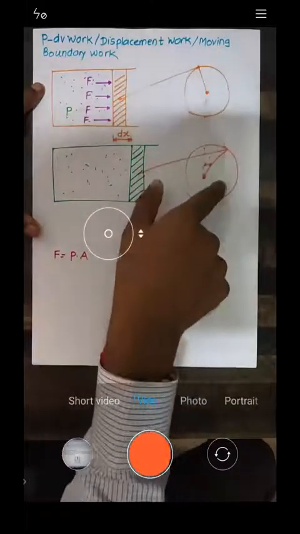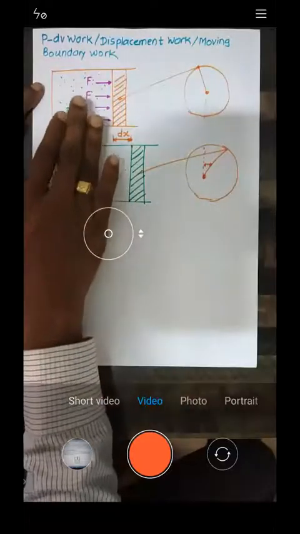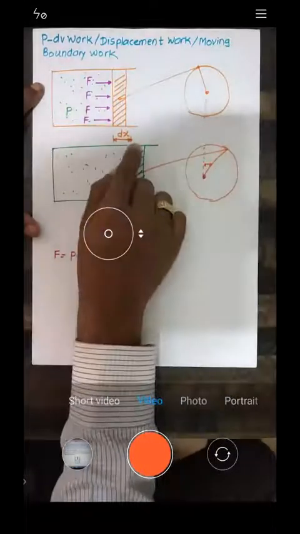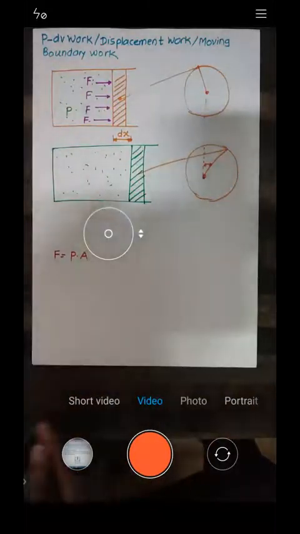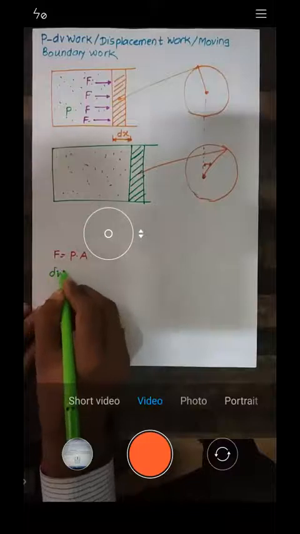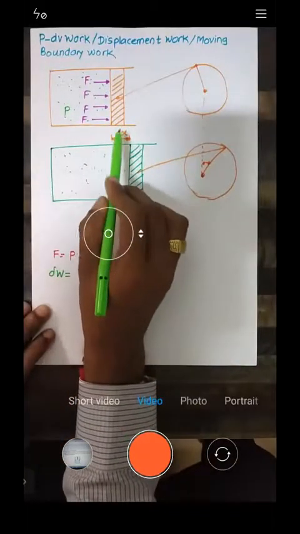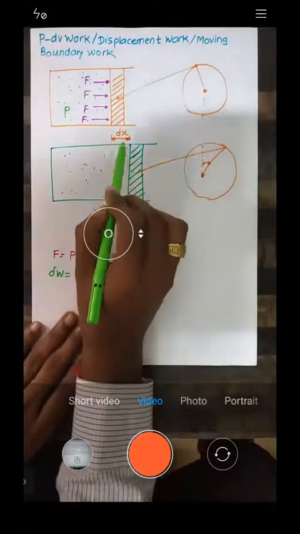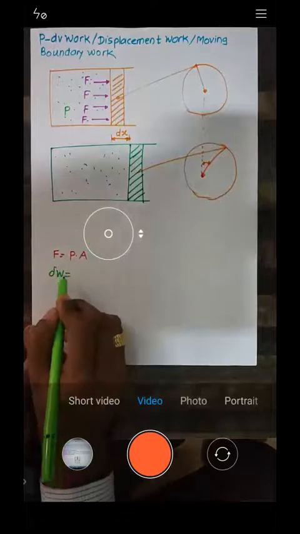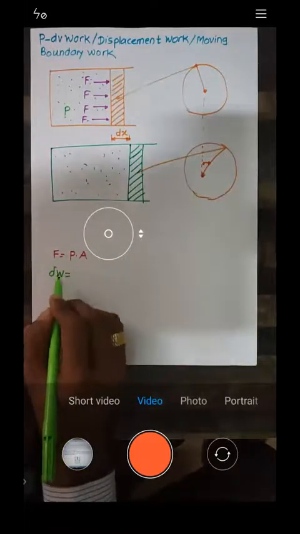And who has done that? That is done by the piston cylinder arrangement. So whatever heat is present, it gets converted into work. Obviously, whenever there is a displacement, if I ask you to write down the formula for work, I will write down the work as del W, because what is the small distance? This is a small distance, that is dx. The piston has moved a small distance dx. So during that small distance dx, we will get small work, and that small work I will call del W.